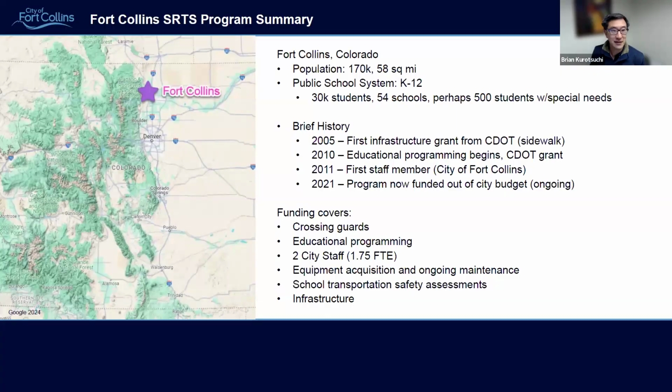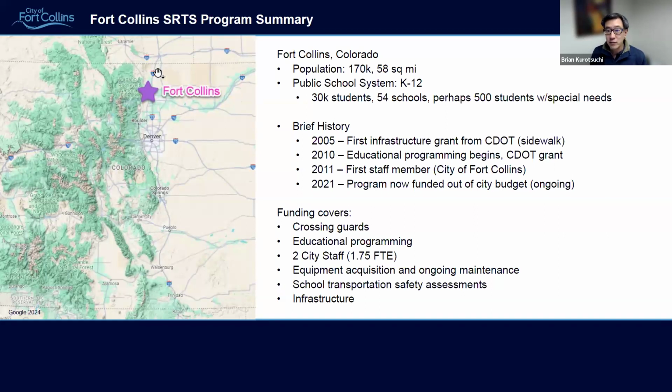So, okay. If you don't know where Fort Collins is, we're at the top center of Colorado. So this is called the Front Range down the middle of the image. So we're at the top of the really highly populated area, and we're only 30 minutes in a car from the Wyoming border. This is so you can see the scale of our city. It's actually the fourth biggest city in Colorado, but compared to probably most of the places you all are from, it's not that big. Our brief history,